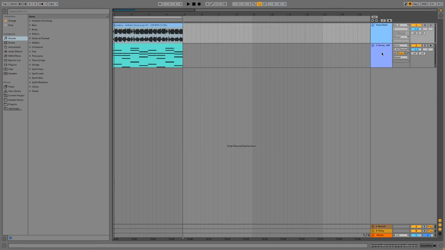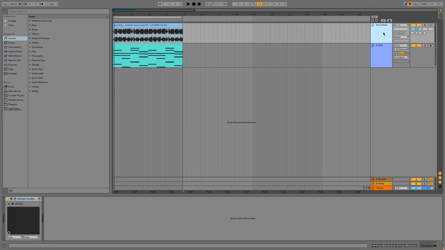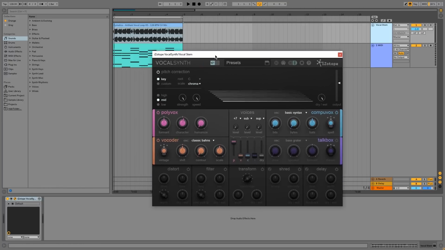All right, cool. So what we're going to want to do first is take off the synth that you might have on your MIDI while you're writing it so that it's an empty MIDI layer. The second thing we're going to want to do is open up Izotope Vocal Synth,